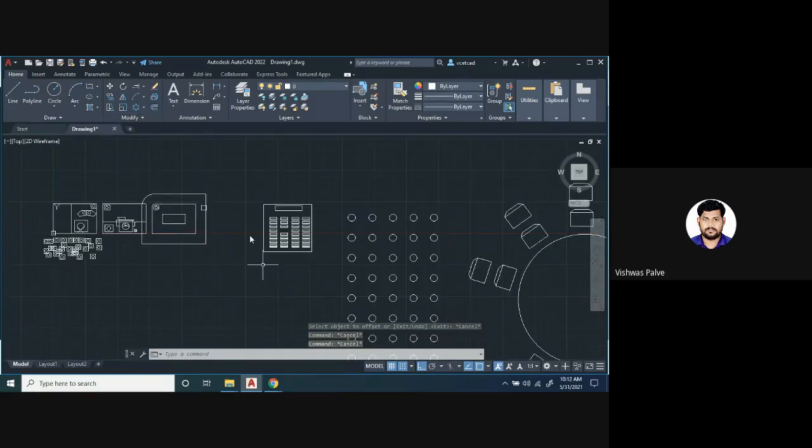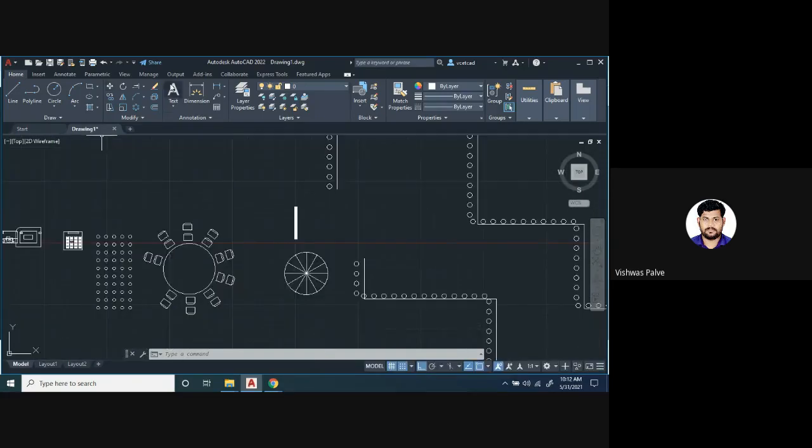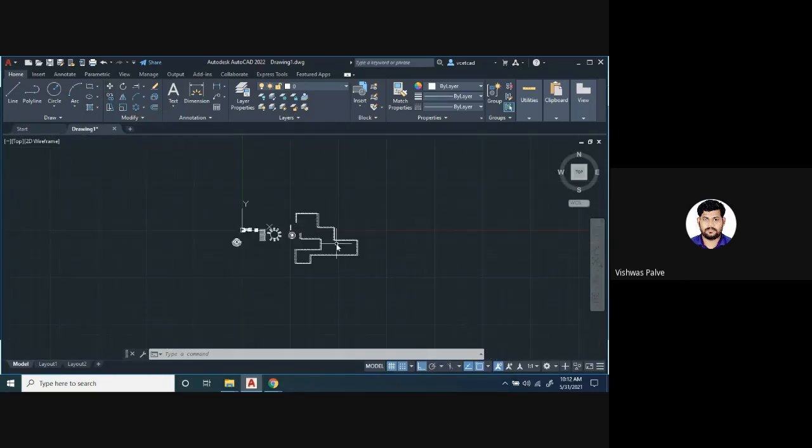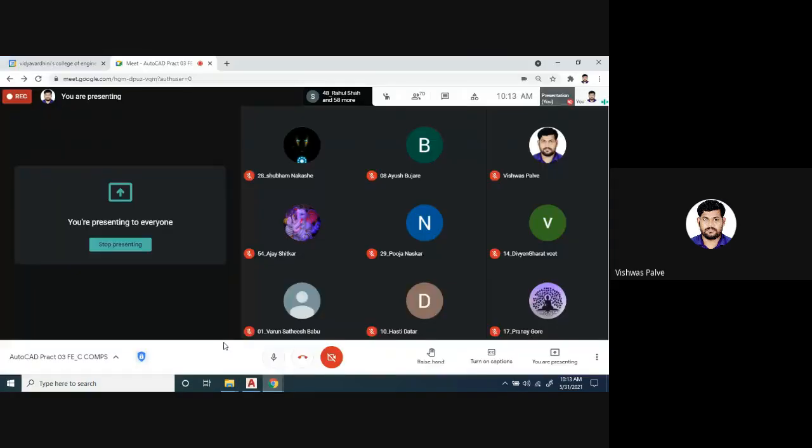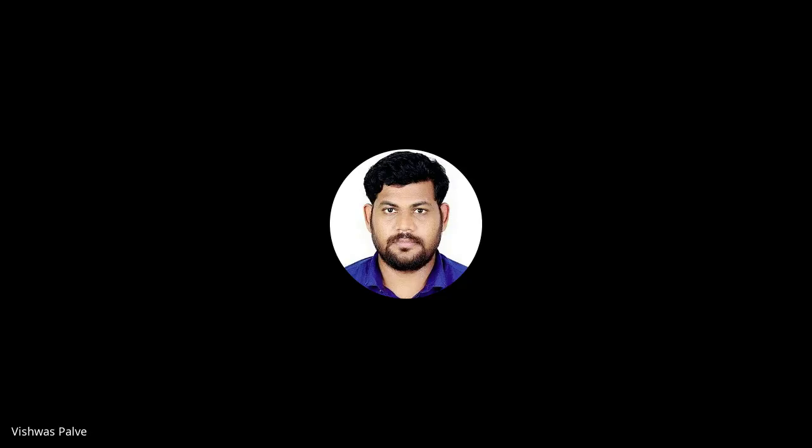So here we have completed our modify toolbar. Any difficulty in modify toolbar? Okay. So now I will give 1 or 2 problems. I will solve 1 or 2 problems on screen, how to draw using this toolbar. Then you can practice. Okay, I'll stop my sharing. I'll take 1 or 2 problems. Okay, I'll show you how to draw an object. Suppose I'll take an example.